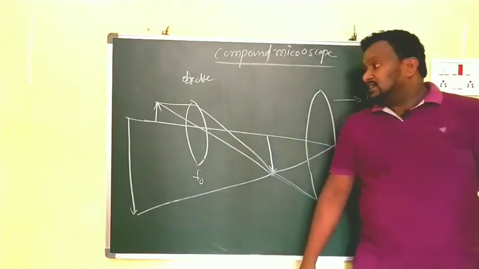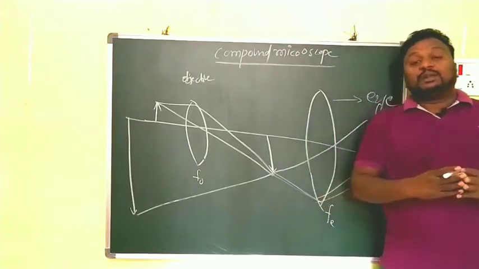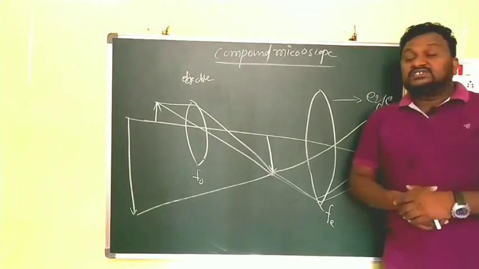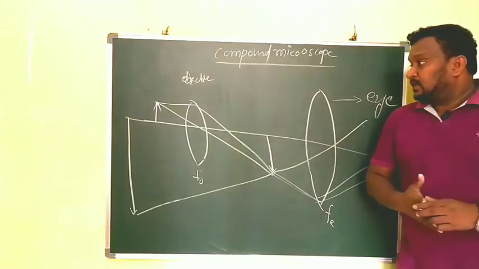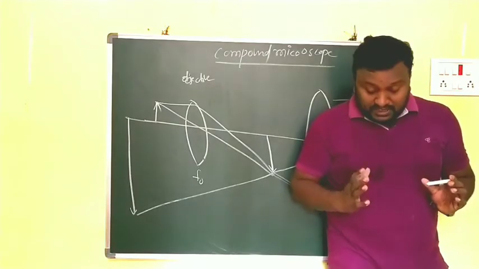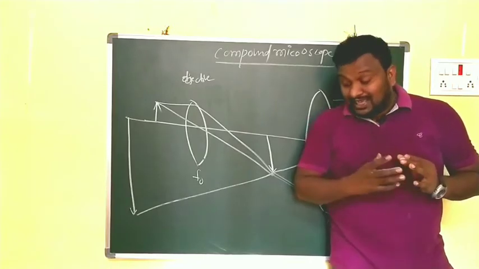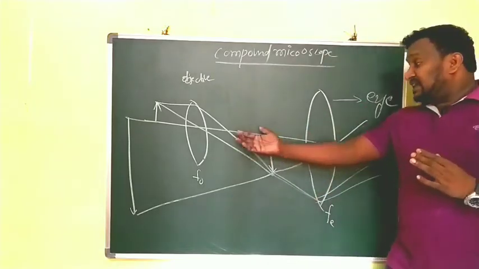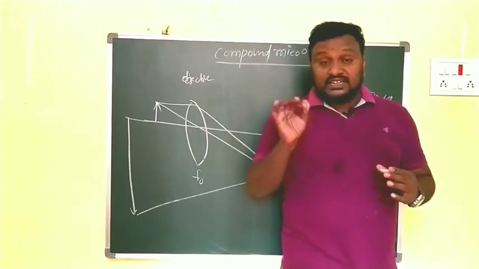the eye lens. There is some object, and we want to see the object very clearly. For that purpose we have to view the object from this lens. That's why it is called the eye lens. Clear, children? In the compound microscope there are two lenses, one with lesser focal length and one with higher focal length. These two lenses are taken as a combination, placed on one common axis, and separated by some distance. That is the first thing.